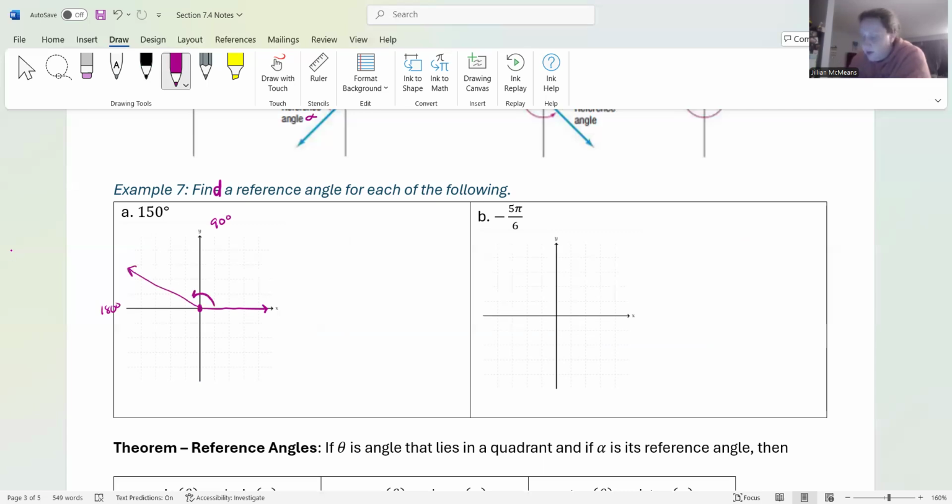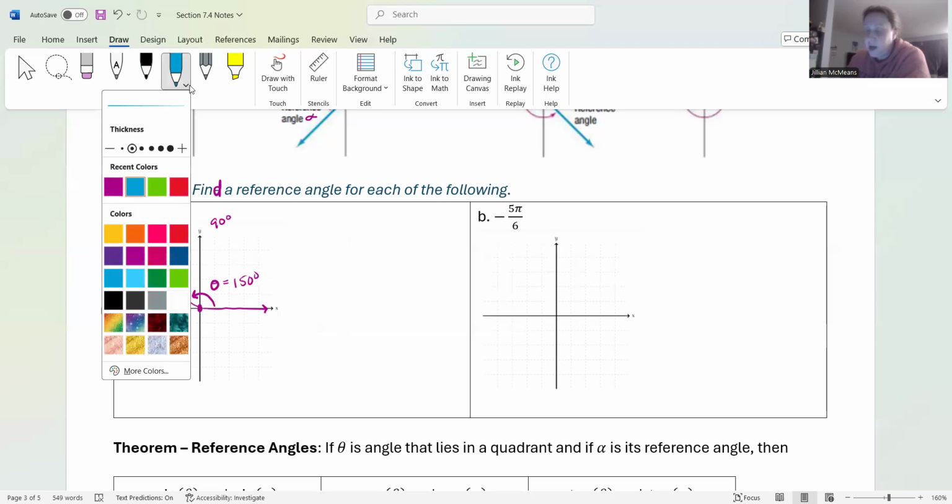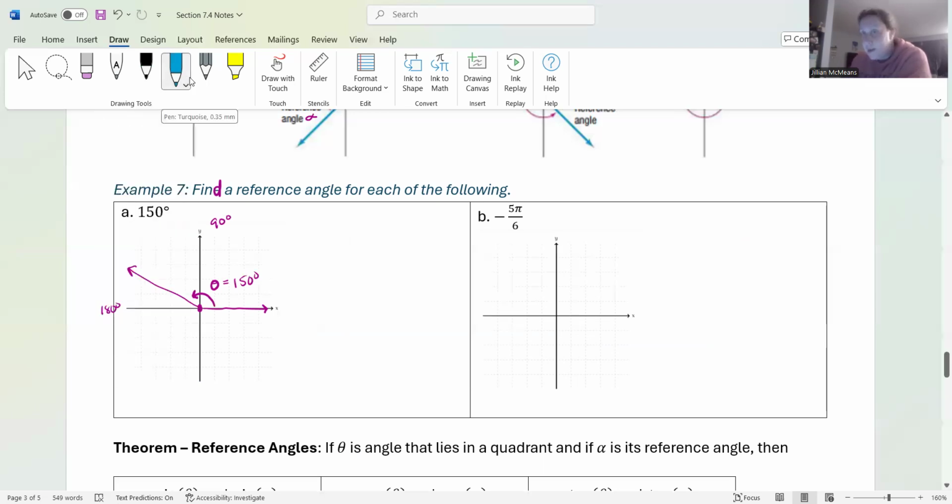So this right here is theta, which is 150 degrees. So let's change colors to make it really obvious. In this case, we didn't quite make it to the x-axis. So if we look at this right here, this is alpha. And basically alpha represents how much further we would need to go to get to the x-axis. So the x-axis in this case is 180 degrees. We want to subtract our theta, which is 150 degrees. So that tells me that alpha is 30 degrees. So alpha is 30 degrees and is the reference angle